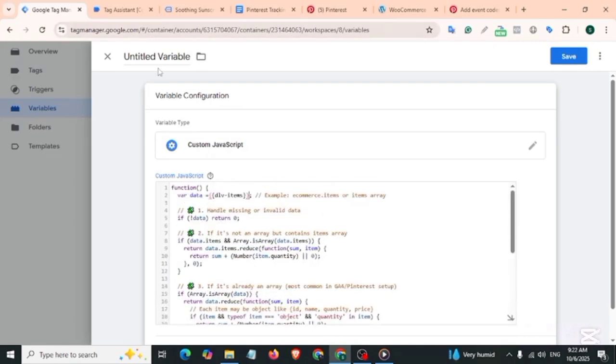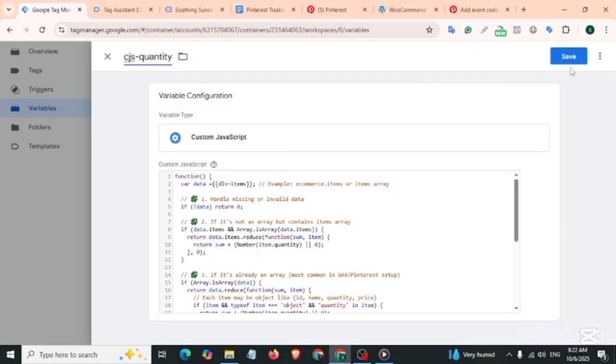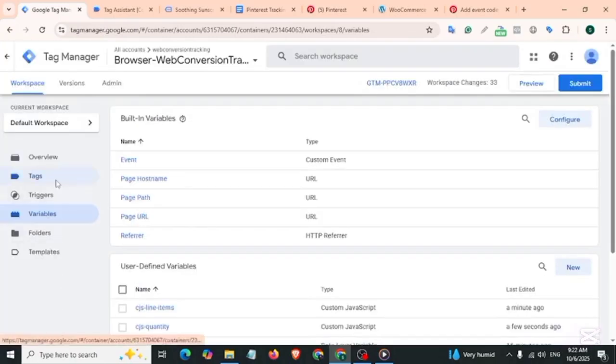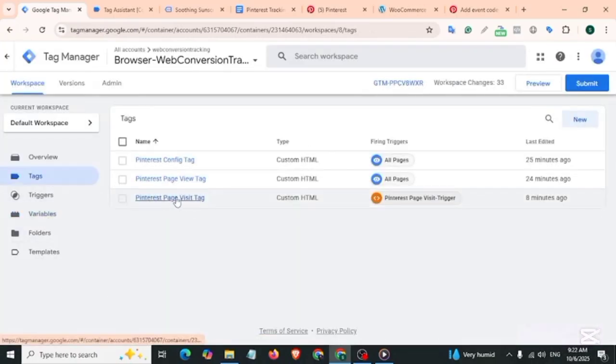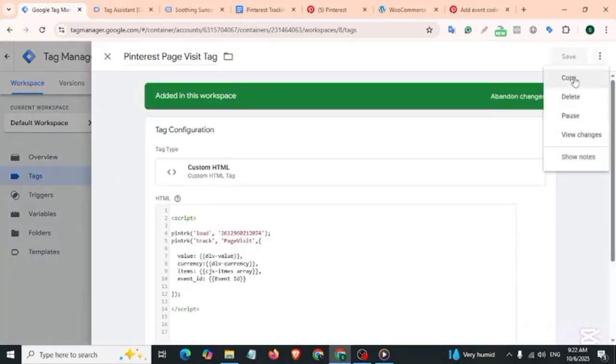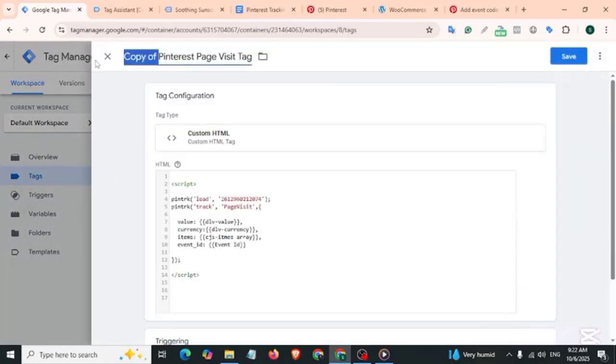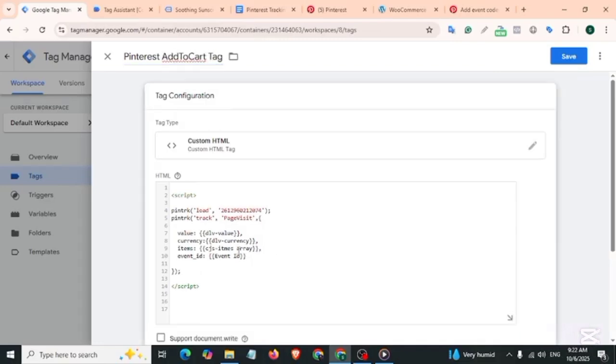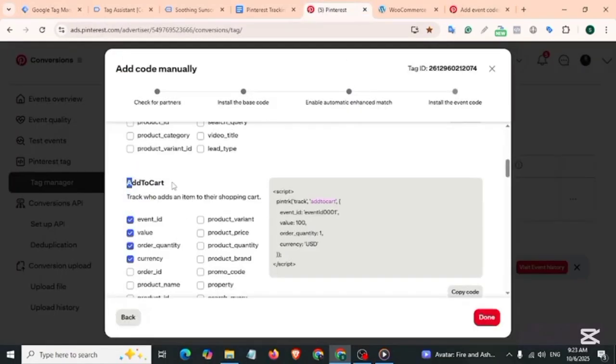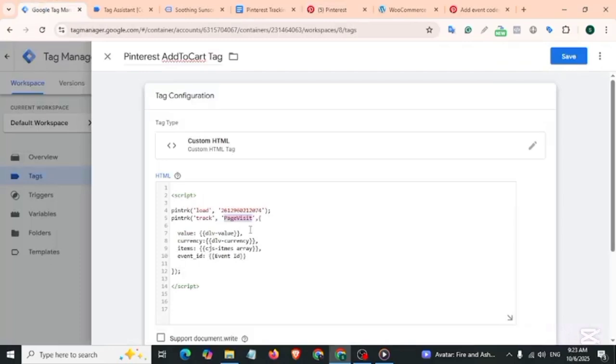Name the variable, then save. Move on to tags. Let's copy and paste the visit tag. Customize the name. Customize the event name. Back to Pinterest, and we can copy the event name from here. Paste the event name, give a comma here, and add the quantity parameter,